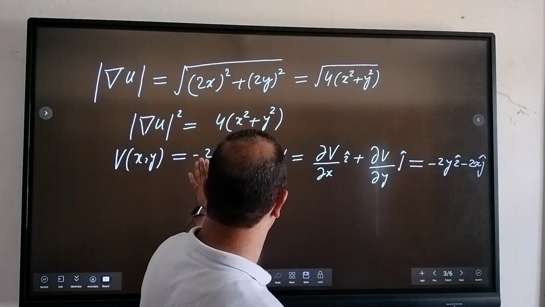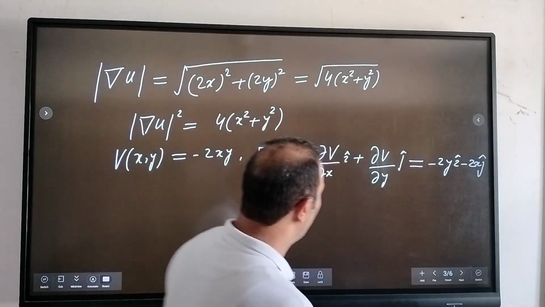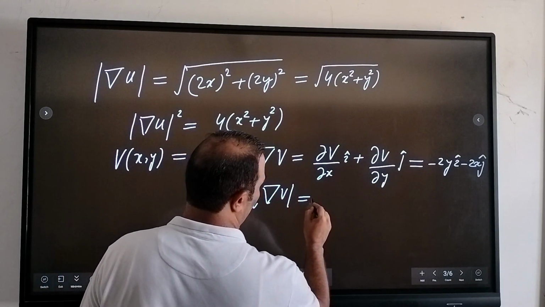And similarly, if we differentiate with respect to y, this becomes minus 2x j cap, right? And if you calculate now what this mod of v is,